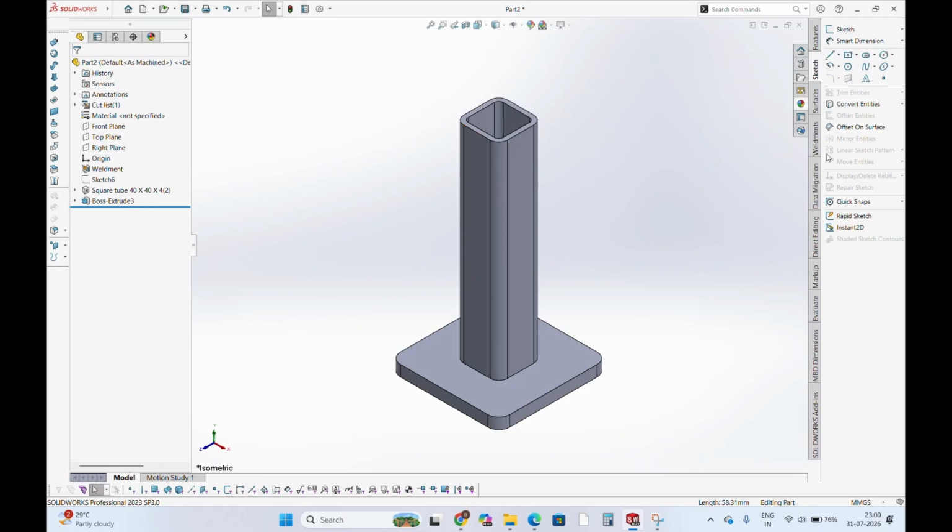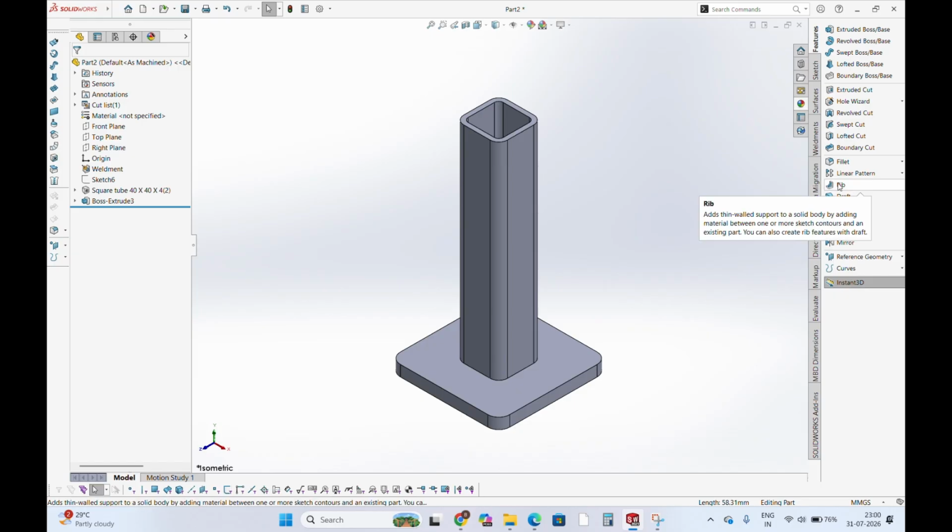Today we will learn how to use rib in SOLIDWORKS. Okay, so let's get started. For the rib feature, we should have a solid geometry that I have already created, as you can see. Okay, so we'll click on rib,